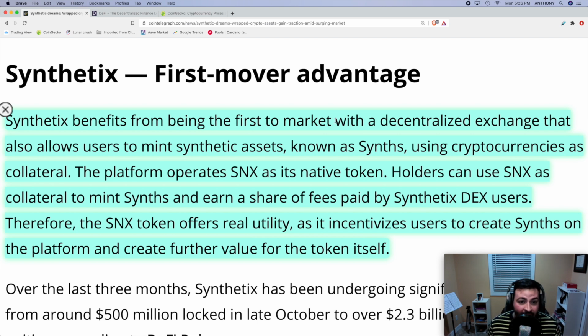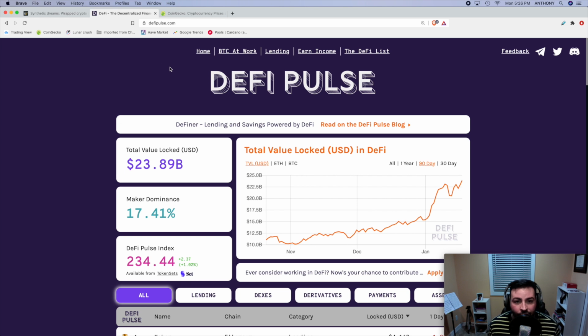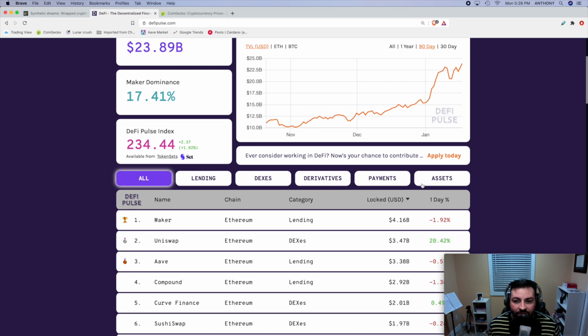Now, Synthetix benefits from being the first to market with a decentralized exchange that also allows users to mint synthetic assets known as synths, which I mentioned earlier. These synths are made using cryptocurrencies as collateral. The platform operates SNX as its native token. We already talked about the uses of that token, but here's something else that I really needed to show you. If you go to the DeFi Pulse website, which is great at monitoring the amount of value locked up in all these different DeFi protocols, and if you look at some of the different types of DeFi projects, if you